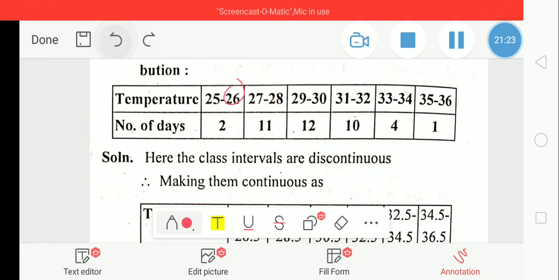So this range is the same as in that one, 25, 26. The range here is 1, so 24.5 and 26.5 also give the same. We subtract 0.5 in the first one and add 0.5 in the second one, so they are balanced. We balanced it by subtracting 0.5 here and adding 0.5 here. So they are balanced.